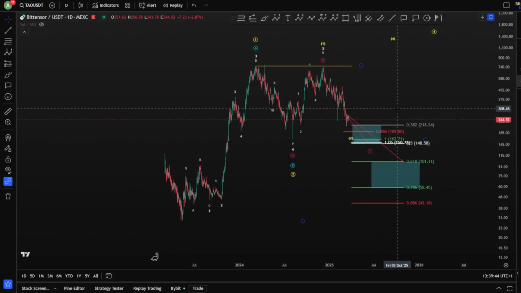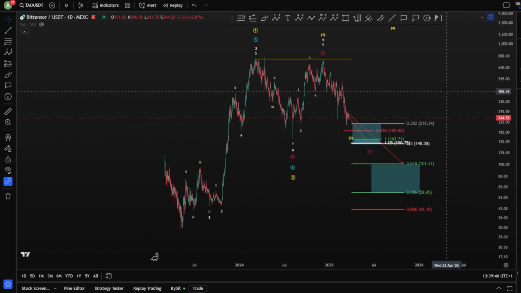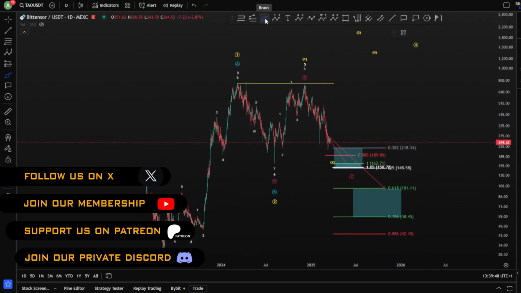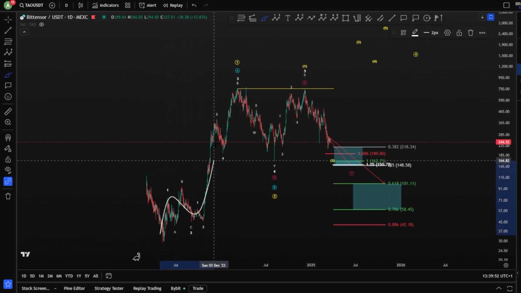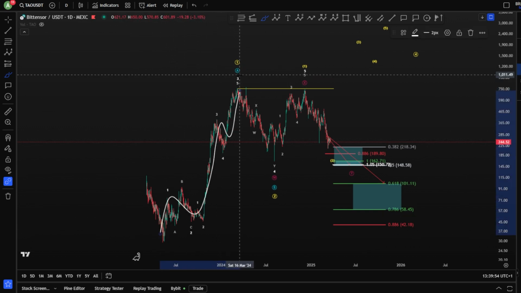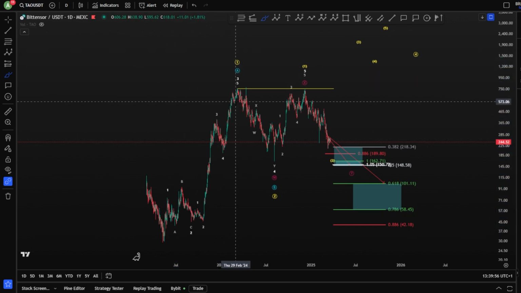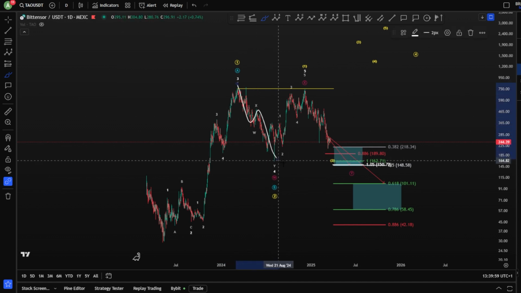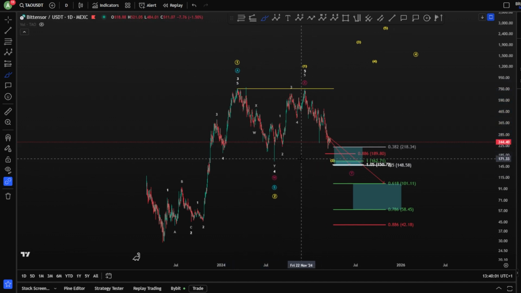Hello everyone, welcome to a new video for TAO price prediction based on Elliott wave analysis, starting with the overview of bullish and bearish scenarios. For TAO we have of course an impulse 1, 2, 3, 4, 5, a finishing wave A or a wave 1. After both case scenarios you would like to see 3 corrective waves.